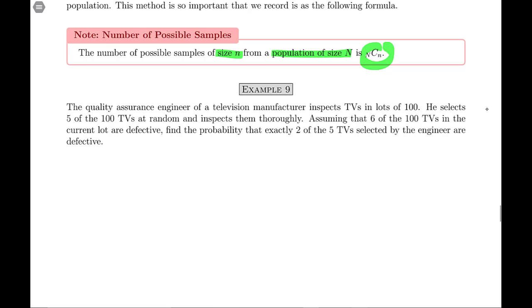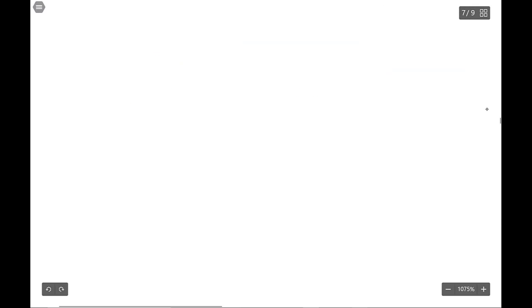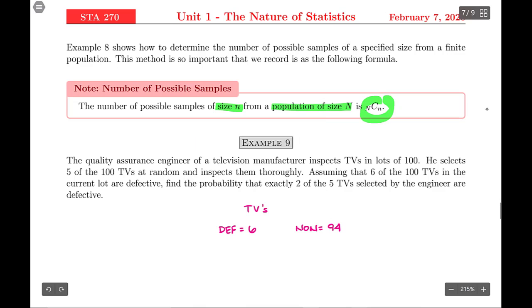So what we're looking at here is we have these TVs that are being inspected, and we have 6 that are defective. So that means that we have 94 out of the 100 that are non-defective. And we are looking for... me to zoom in a whole lot. There we go. And then so out of the defective, we are looking to find